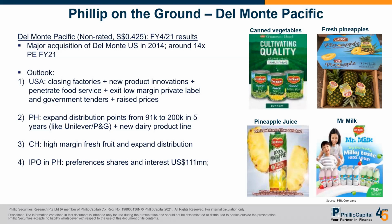Another driver to the recovery would be China. What they sell is pineapples, and pineapples is high margin since there's no processing, and they will continue to expand their distribution. Finally, the next driver we think would be the listing of their Philippines business, which could be at a high valuation because most of the consumers in the Philippines trade at 20 times plus, and the multiples are 14 times. So the main thing is, of course, a bit of re-rating, but also secondary,